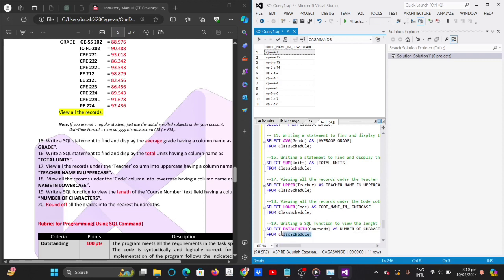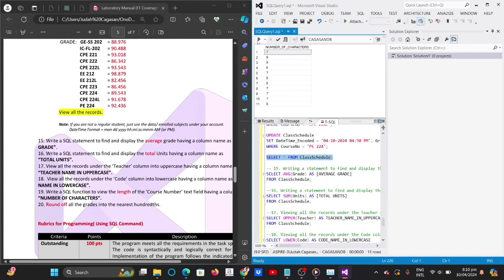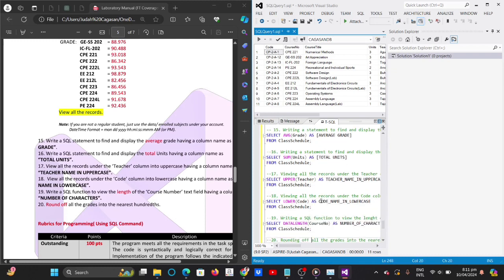In the 19, the data length, or the number of characters in the course number, so this is the length, and here it is. So that's it. So the GCPE 21 is seen as 7